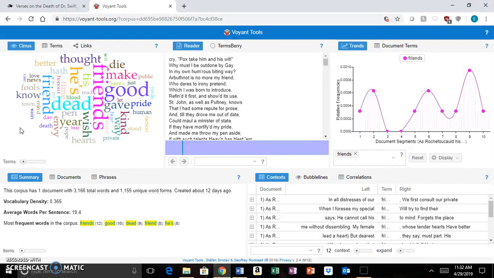Swift, or Jonathan Swift, is reflecting upon his death. Obviously, we see that with the word dead. He's thinking about the parts of his life. He's thinking about friends. He's thinking about things that were good. So let's again look at one of these words in context, for example. Let's look at good and see what this tells us